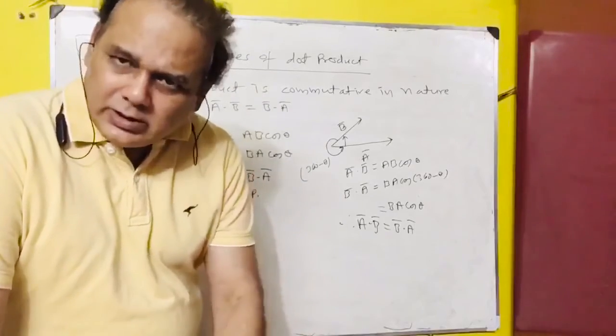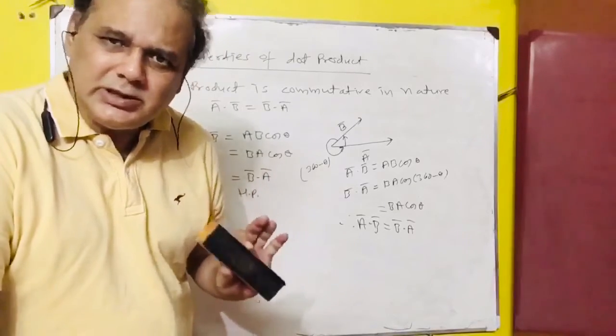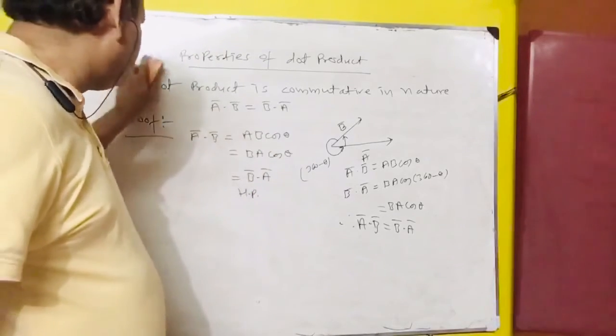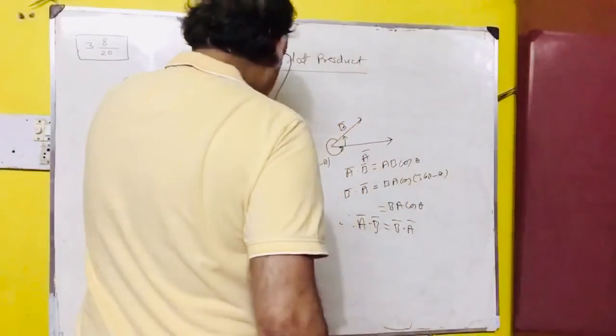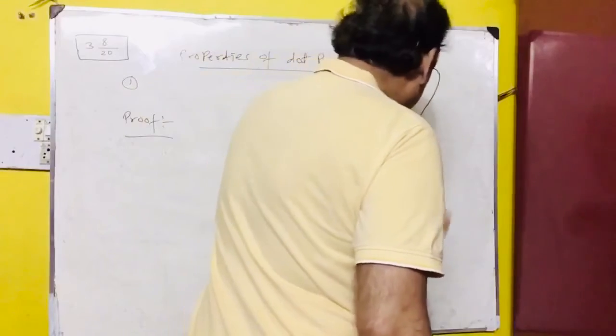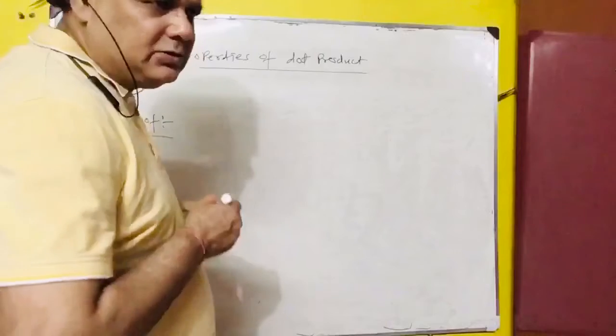कम्यूटेटिव लॉ को ही फॉलो करेंगे. आप किसी को किसी से भी मल्टीप्लाई करो, योर आंसर इज ऑलवेज सेम. नाउ सेकंड प्रॉपर्टी. सेकंड प्रॉपर्टी, इट इज डिस्ट्रीब्यूटिव ओवर एडिशन. तो डिस्ट्रीब्यूटिव ओवर एडिशन, यू नो वेरी वेल कि अगर आप एक वेक्टर को ले रहे हैं और दूसरे को